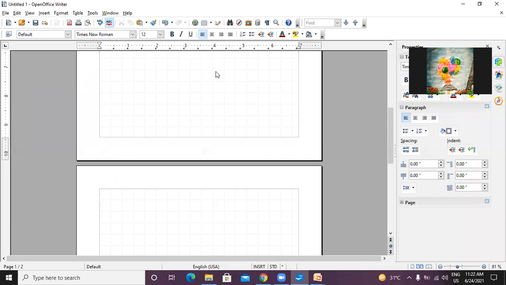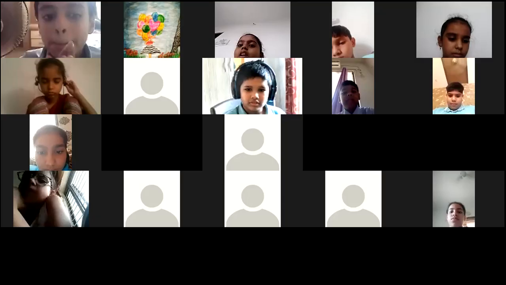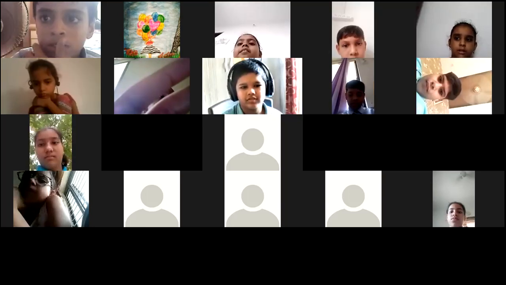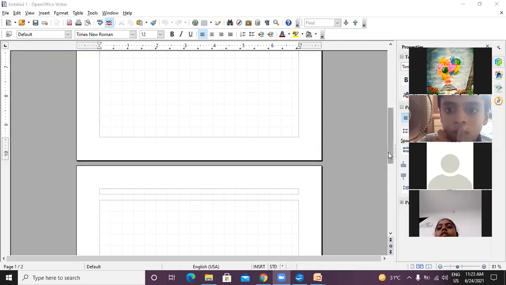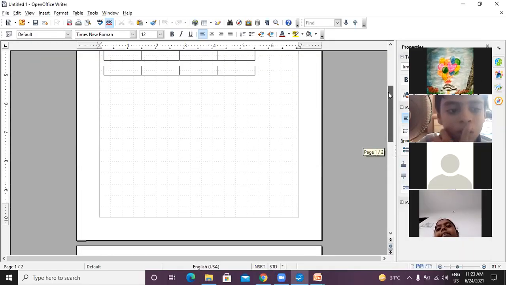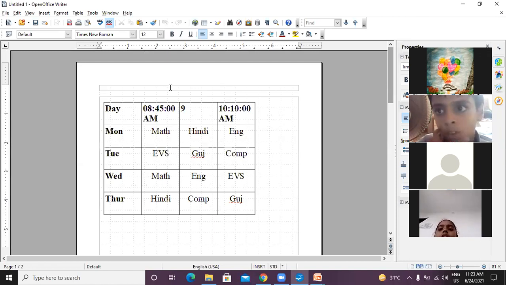In that, you have to go to the header tab. You have to click on the header and OK. Whenever you press OK, it will be on. You can see here a line. Please mute yourself. Whenever you turn the header on, you can see a small line on the top. That is different from the page. What you are writing in the page will be completely different.